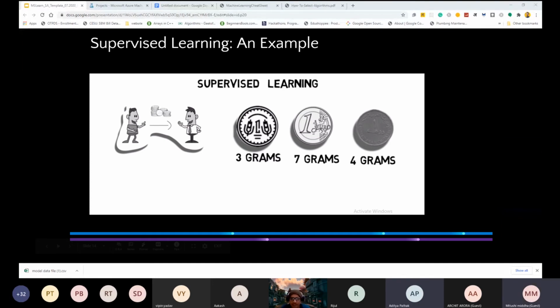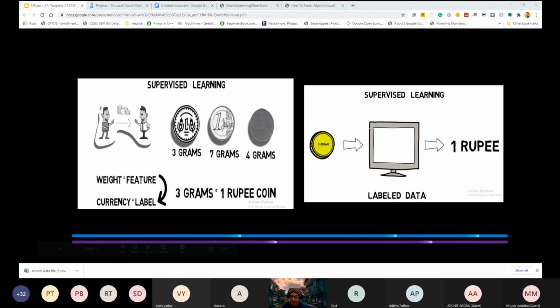Yep, Aditya, you are right. So basically we use the weight concept. Weight is considered as the label. Here you can see that you will learn to guess the currency of the coin based on its weight. Thus, this model connects different weights with different labels or different currencies and studies how they are correlated. So what the machine will do is identify all the coins by label, and according to that label, it will judge that this one is the 1 rupee coin, this one is the 5 rupee coin, another one is the 10 rupee coin, according to their weight.